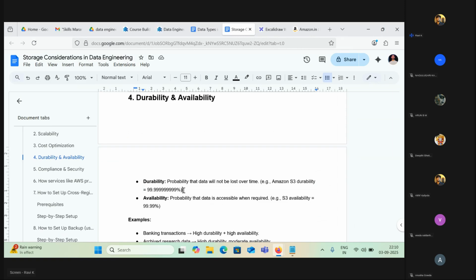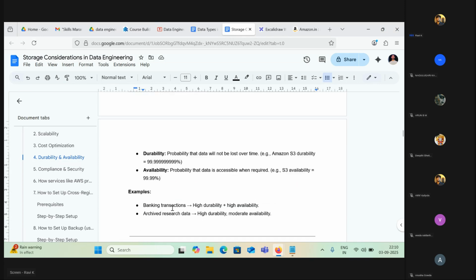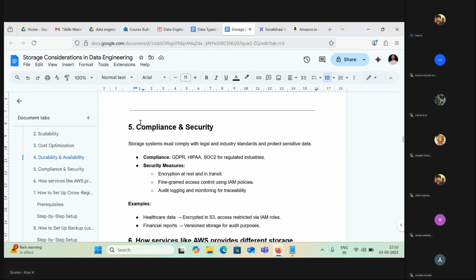What Google Drive will do is take this file and put it into three different zones or three different regions, three different places. I mentioned, right? Mumbai, New York, and Canada. In three different places. In that way, it's very durable, and it will also put it in the nearest zone, which is Mumbai. In that way, you will have maximum availability, and most of the time it will make sure that it's available to you. Okay, that's durability and availability.